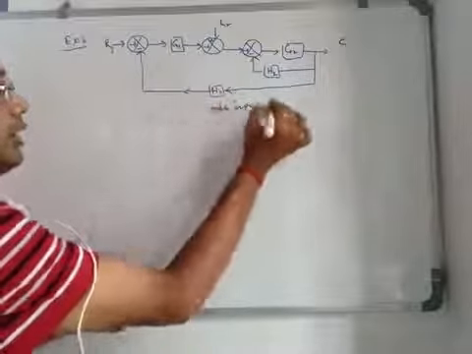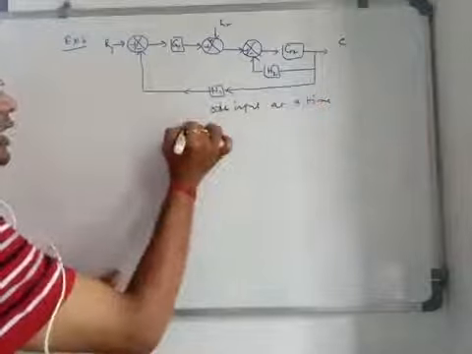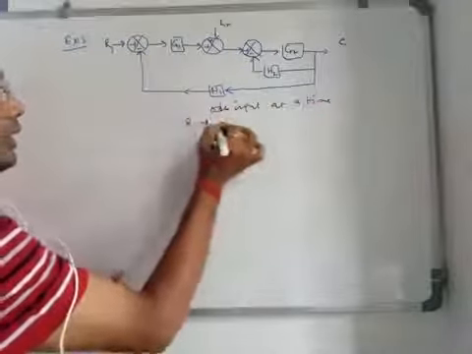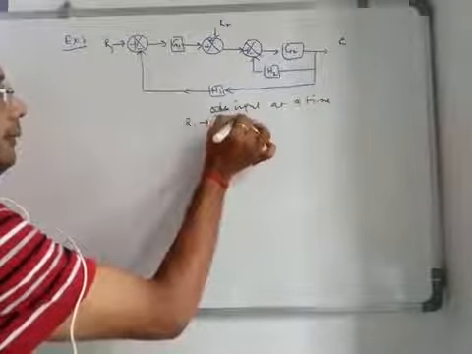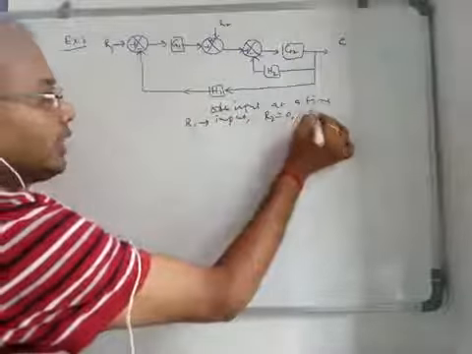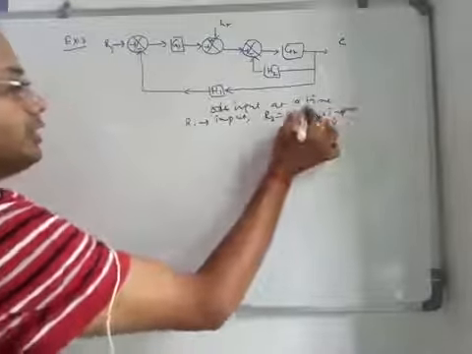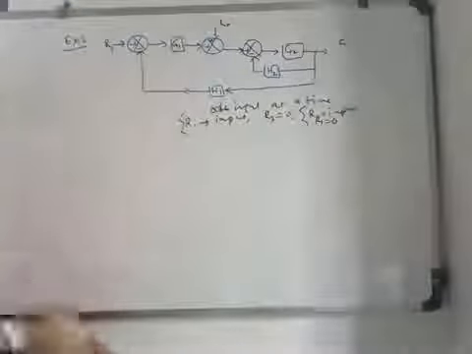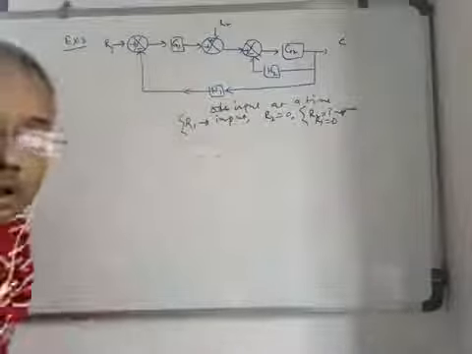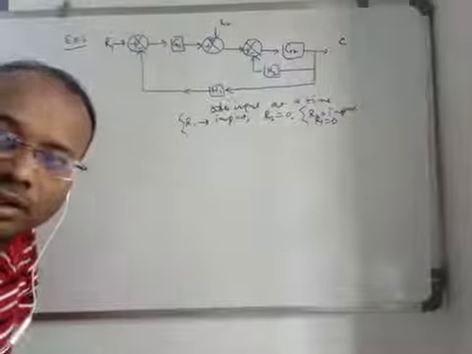That means when you consider the R1 input, R2 will be taken as 0, and when we consider the R2 input, then R1 is to be taken as 0. So these are the rules. If there are three inputs in any system, there also